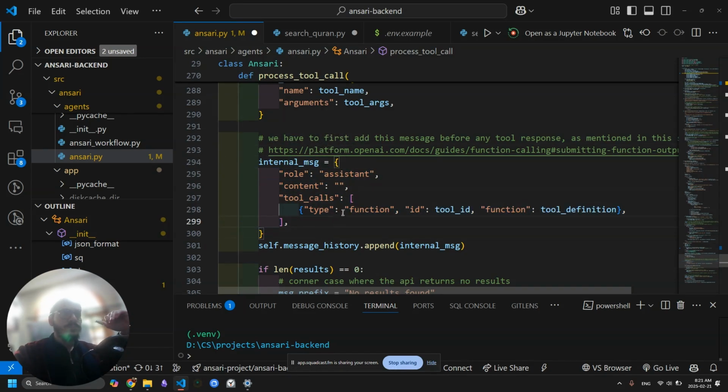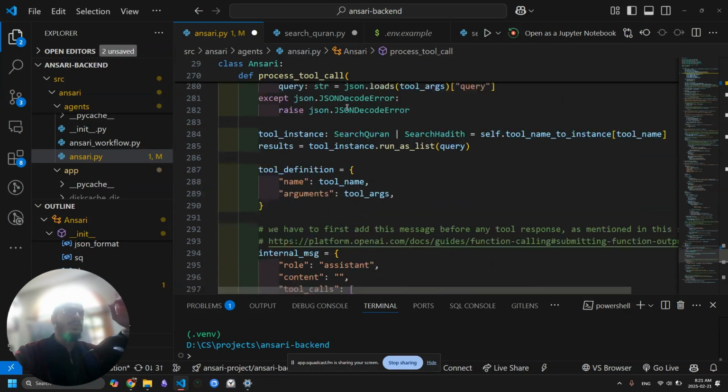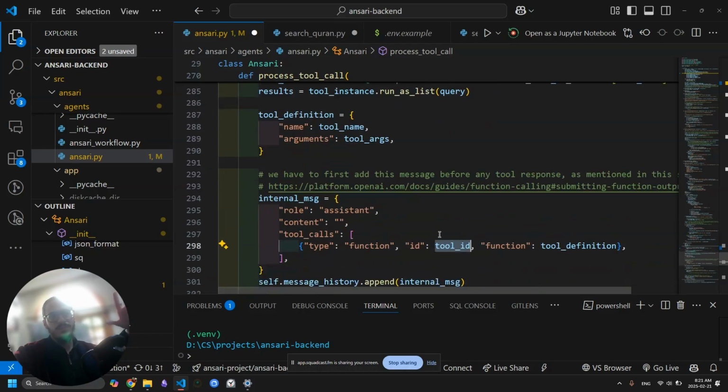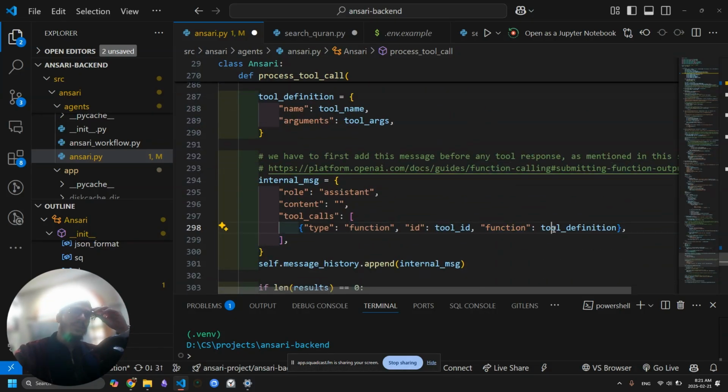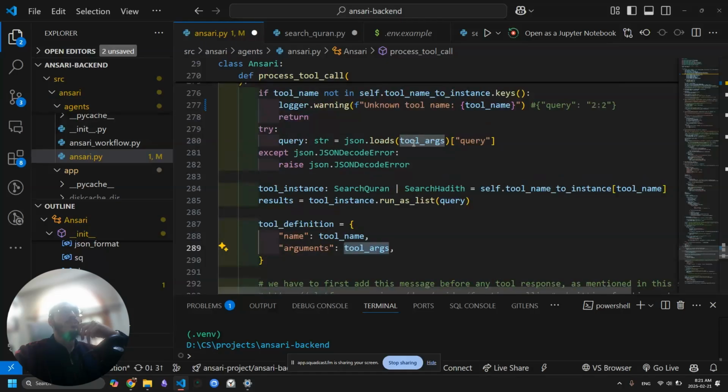After we do that, we say that the type of what you're about to get is a function with the ID of the tool ID. The tool ID was retrieved earlier in the code. You can trace it yourself. It's easy to be traced, to be honest. And then the function from the tool definition. This definition is another dictionary that I quickly made here with name and arguments. The name is the tool name, which is search Quran in our case, and arguments is the tool args, which is